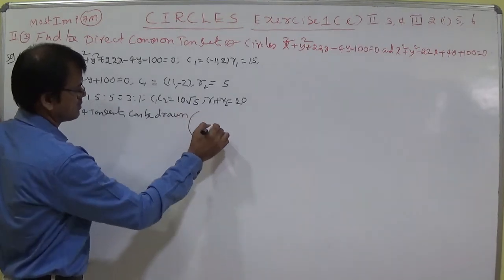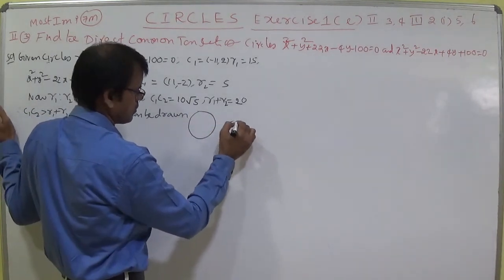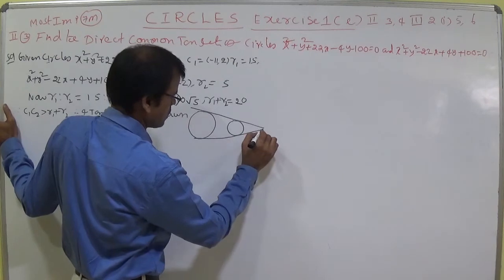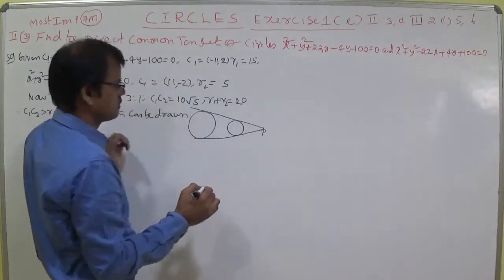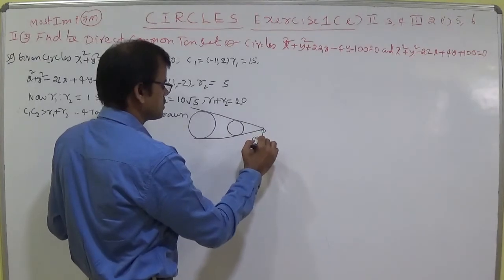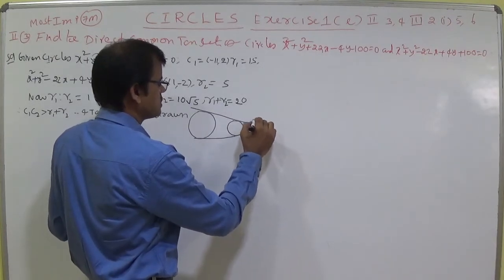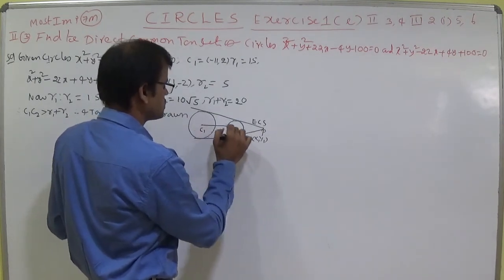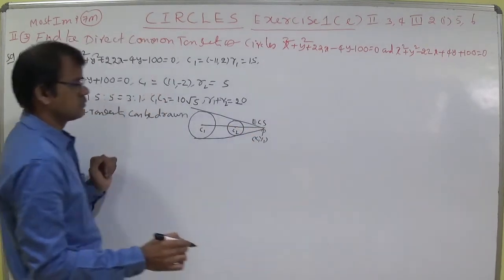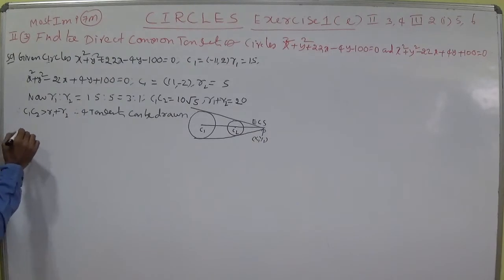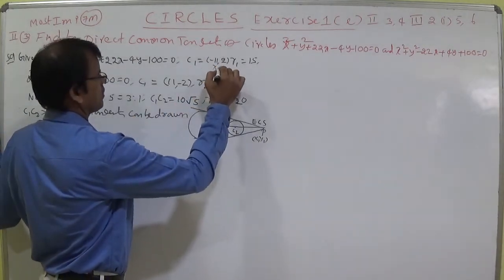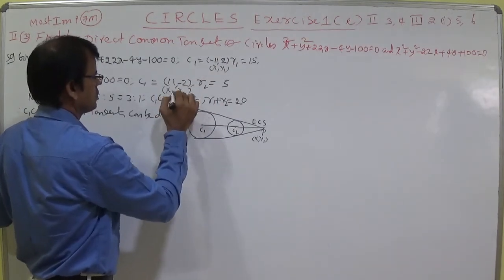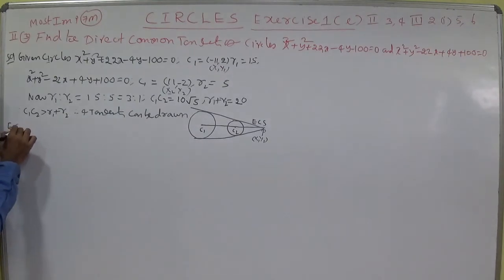Draw a diagram like this. Put here P. P x1 comma y1 is ECS. Here P is ECS, external center of similitude. The ECS divides the line joining centers C1 C2 in the ratio R1 is to R2 externally. Now think this one as x1 comma y1, minus 11 comma 2. This one as x2 comma y2. So ECS I am writing here.